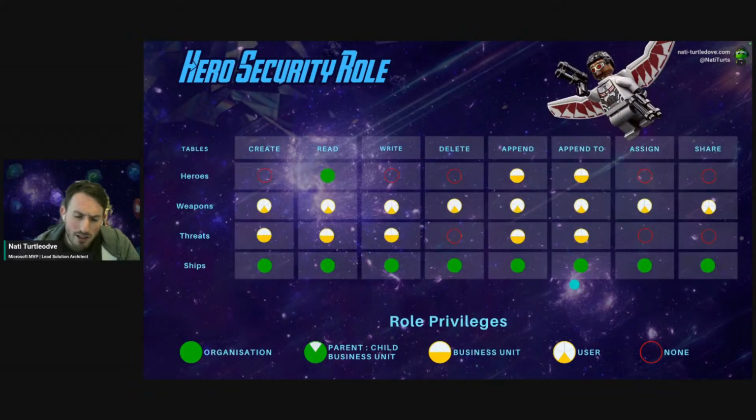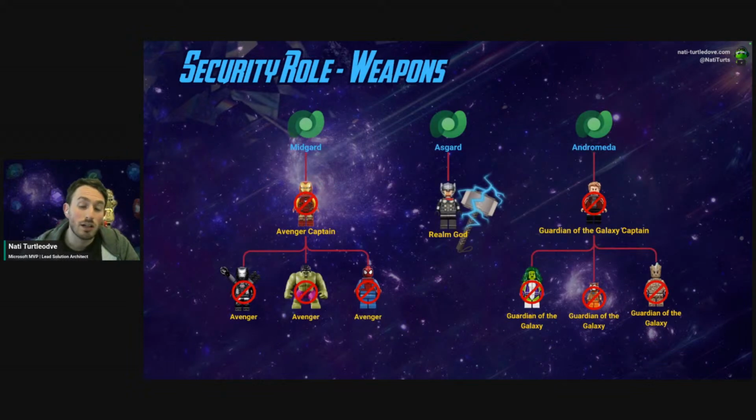Now, if we just take a little peek again at the exact same security role, just to focus on the weapons table, we can very clearly see it's on a user privilege basis. So taking that exact same concept into principle over here, we will look at our weapons table. Say Thor owns his own hammer and is part of the Asgard business unit. If we were to enable modernized business units, meaning that users can have data across different business units, fantastic. That's another discussion for another time. But Thor owns his record. It belongs to the Asgard business unit. So when we look at our record for our hammer, it says Thor's the owner and Asgard's the only business unit.